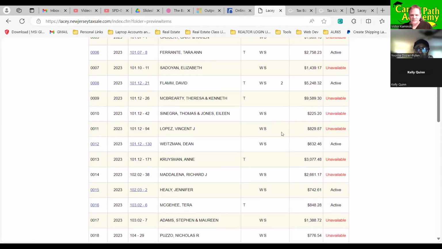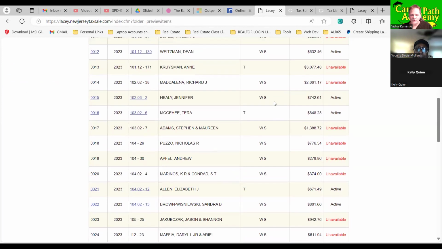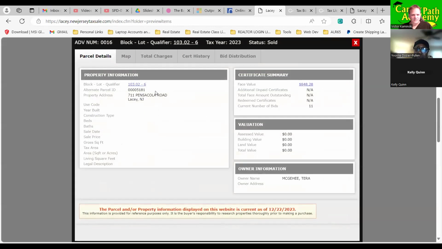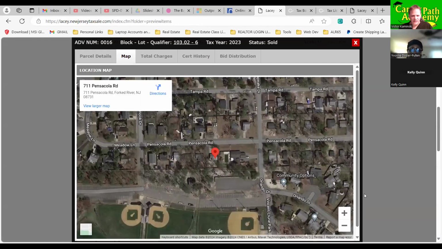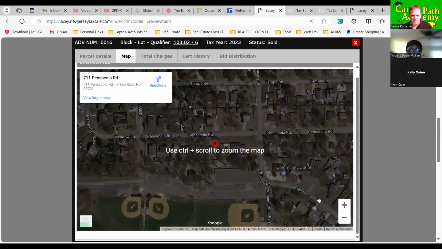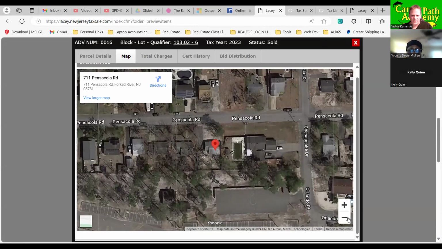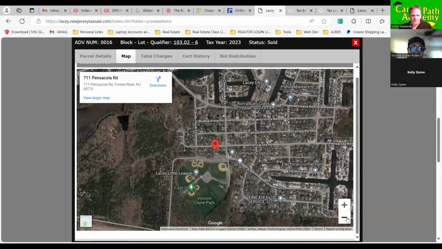A lot of these are basically people who didn't pay their water and sewage bill. This guy, T, that's taxes. Only $848 that they didn't pay. What's up with that? Tax map. Let's look where they're located. By some baseball fields somewhere. Doesn't look like they're by the water, right? Oh, no, they're a little bit further inland, but they're not that far from the beach.